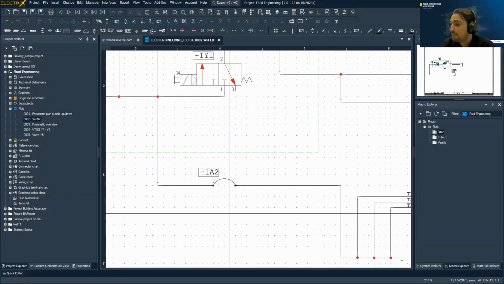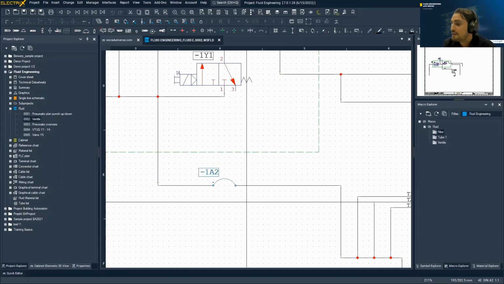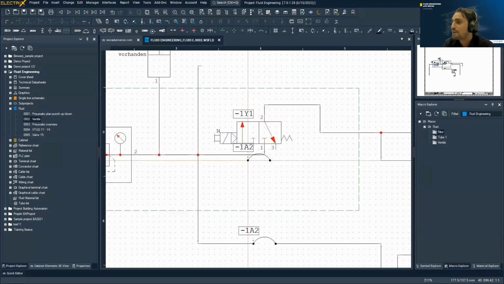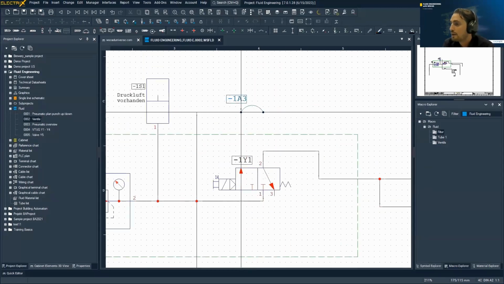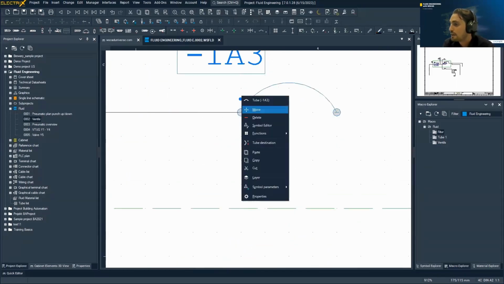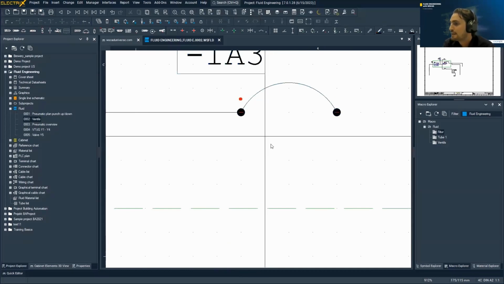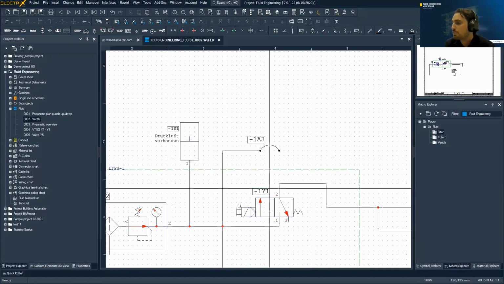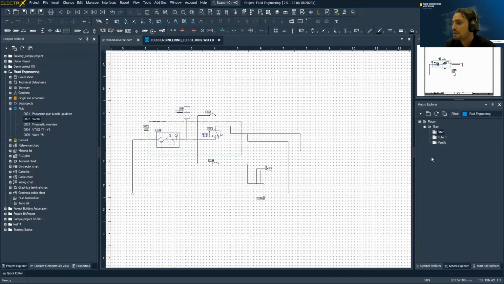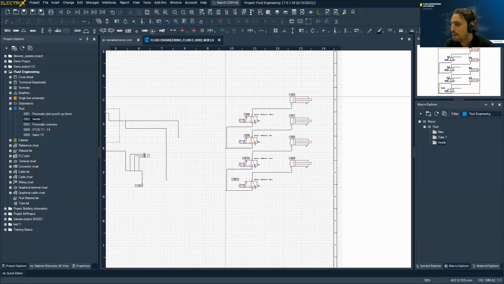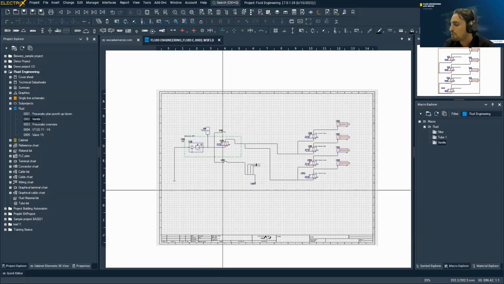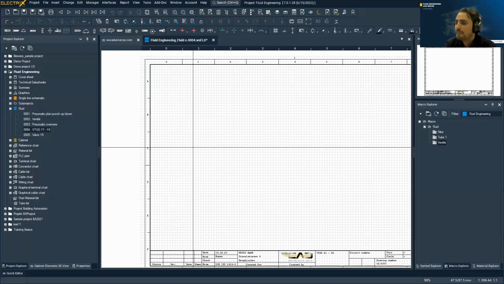And here, if you are careful, you can see this tube has a red dot. This red dot, if we right click it, is a tube destination. We can change the tube destination. This is also a possibility. We have some possibilities from different symbols. So yeah, we will insert some more macros, some more parts, that you can see we can expand our